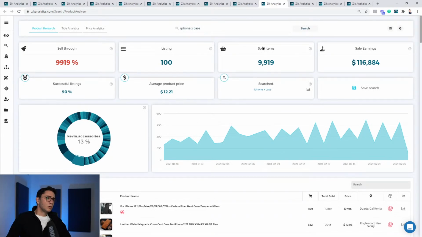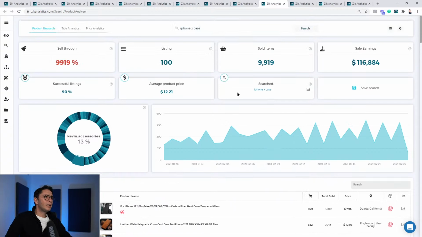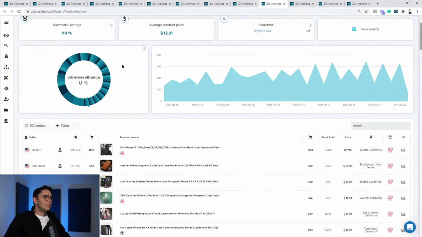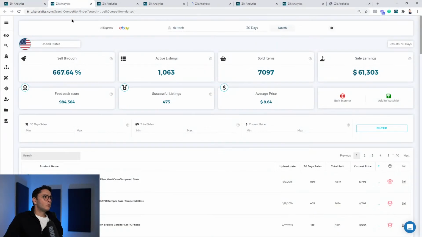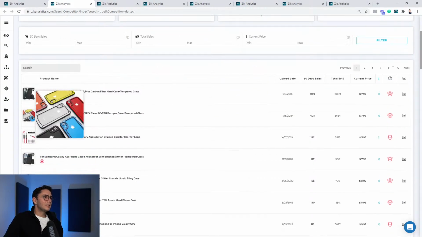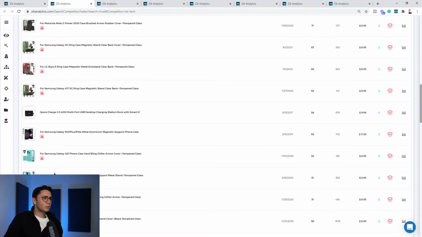All right, so I guess some of them showing with lower price is because of the variation, we'll check it out later. But we see that the niche is great, right? We see everything is great. Now we want to find sellers who are working with one niche only. So I'll open them up and I'll start to look to see what they're selling. First seller here, $61,000 in sales, selling only iPhone accessories, only smartphone accessories.